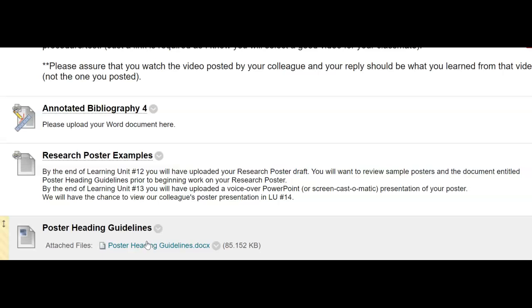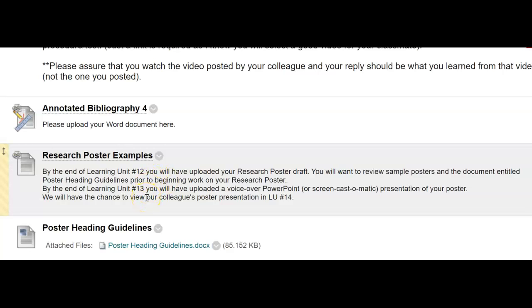But I want you to at least give these poster heading guidelines, and I'll open them in a minute, a chance. So by the end of learning unit number 12, you're going to upload in the template a research poster draft. We'll go over that more next week. And then I am going to give you feedback. So once you upload it in learning unit 12, I'm going to review your poster, give you some feedback,